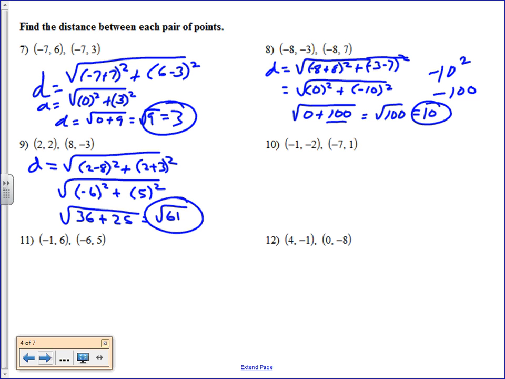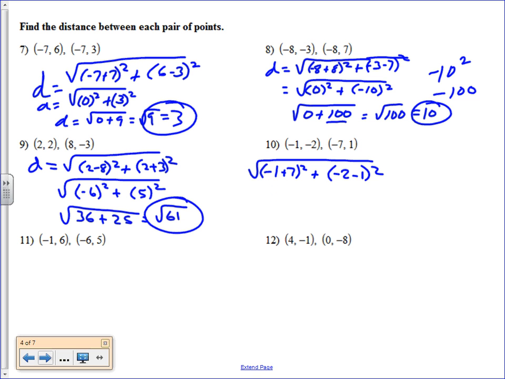Okay, problem number 10 is 3 on the square root of 5. Problem number 11 is the square root of 26. Problem number 12 is square root of 65. Do I need to keep going doing it? 10 is 3 on the square root of 5. So I get negative 1 plus 7, negative 2 minus 1. So that's 36 plus,